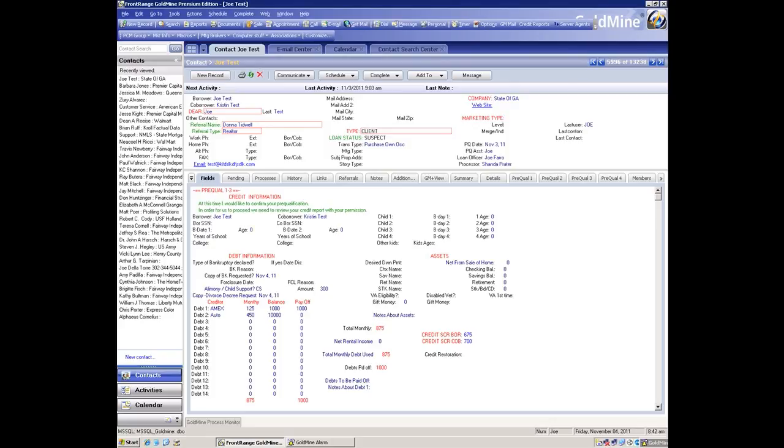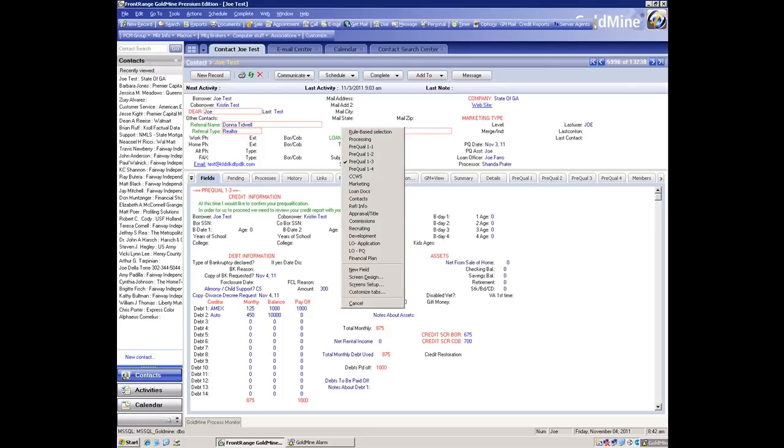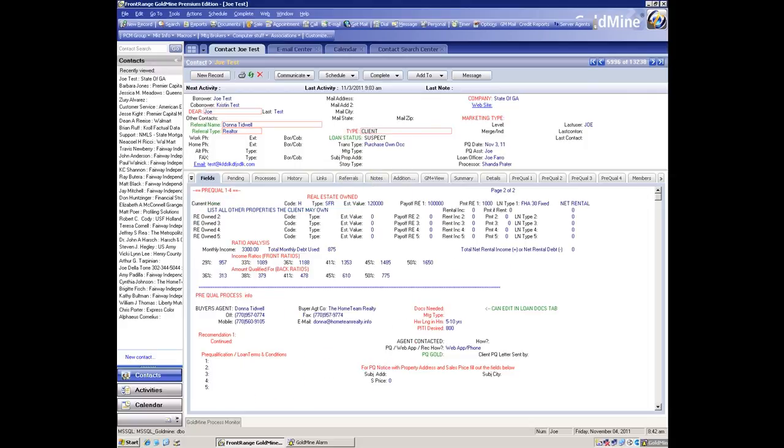All right, welcome back to LOP training, and now we're going to cover the PQ4 screen. So we just got done completing the PQ3 screen, and again, we're in the Fields tab. So I'm going to right-click, bring up this menu, and we're going to proceed to the PQ4 screen. Now the PQ4 screen, again, is an electronic notepad that lets you keep track of some of the different items,